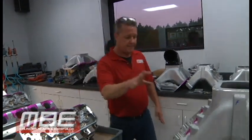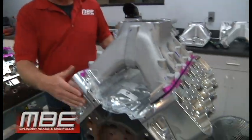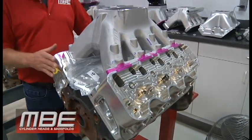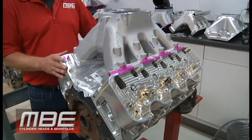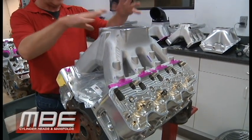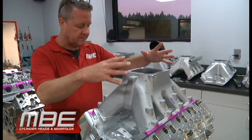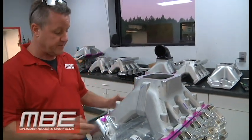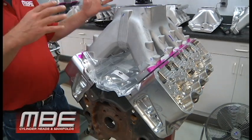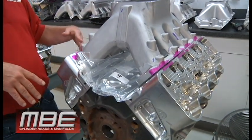And then we have the billet. This is our billet small block Chevy head right here. And this is going on a mini tractor pull application. And then they're going to put a supercharger on top of this. I don't know exactly how they do it, but they make a piece that does all of that. This is going to be a pretty neat piece, for sure. It's going to be pretty cool. I can't wait to see it when it's finished with the supercharger and everything on it,